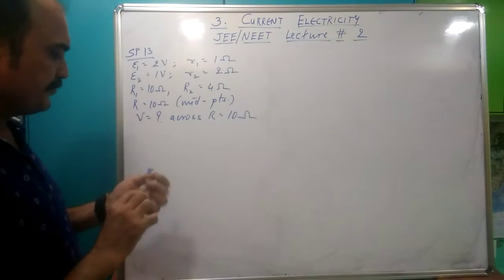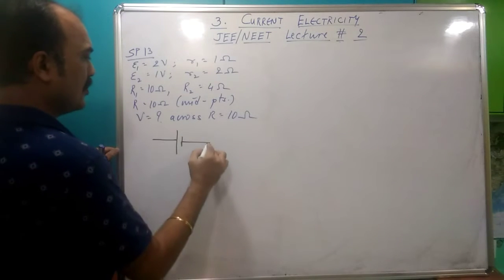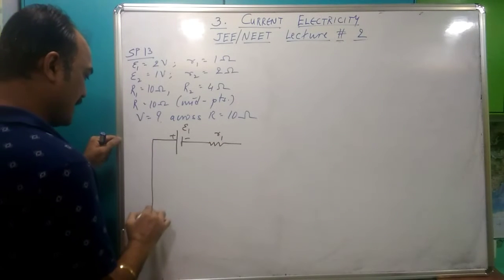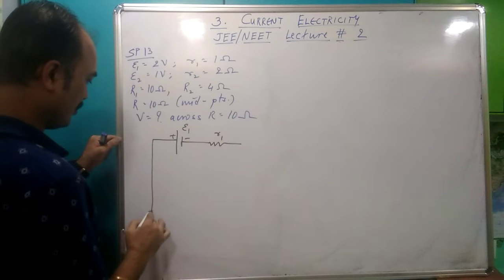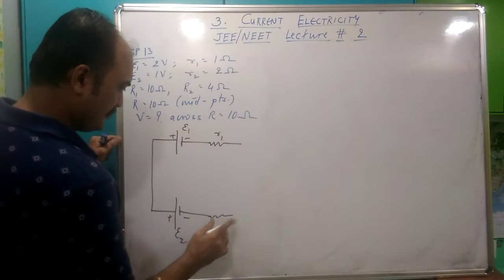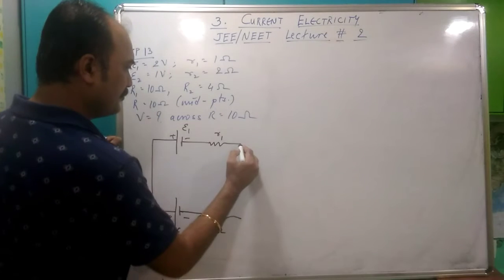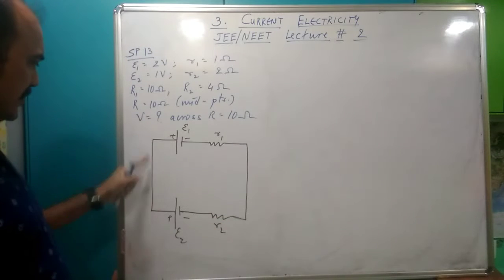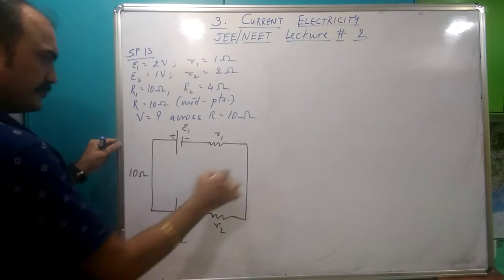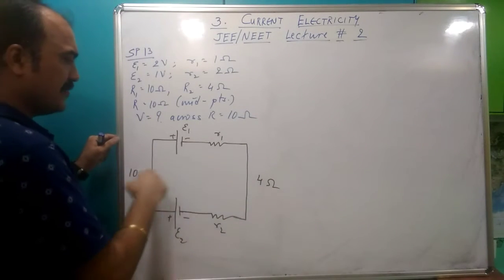And now we shall draw a circuit. So this is my epsilon 1 along with its R1, values I'm going to put later, and the positive terminals are connected, epsilon 1 and epsilon 2 के positive terminals connect किए. So this is epsilon 2 and its resistor R2. Positive terminals have been connected by a wire having 10 ohm resistance. This is 10 ohm and this has 4 ohm. And now the midpoints of these two wires are connected by 10 ohm.